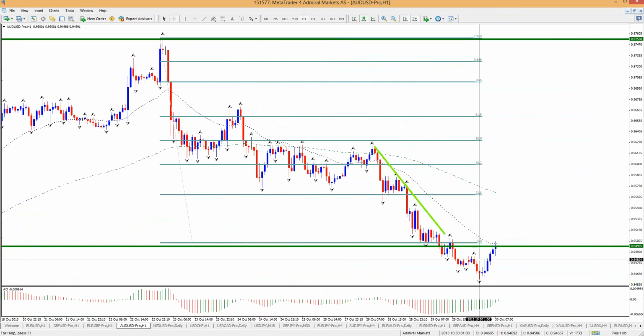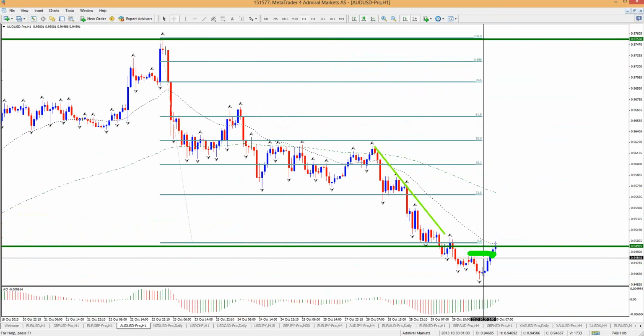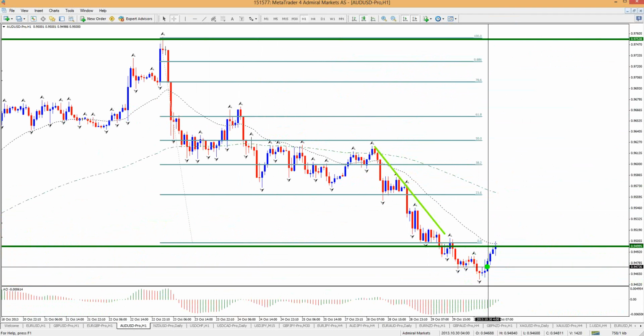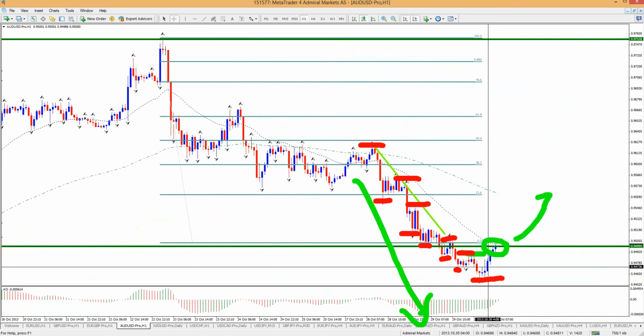Was a break. The same idea was valid, in fact, of course, for this fractal as it was for this fractal. I'm not sure if anyone entered that trade indeed upon the fractal, right? It's just a lower fractal, but basically we're looking for a 1 hour turnaround, right? And one way of getting that confirmation is when you break a 1 hour fractal, because as you can see, what is the 1 hour world doing? It's making lower lows, lower highs, right? Consistently. That's pretty clear. So this is the first time, right, in that downside at least, that we're making a higher high. So that could be the first sign or confirmation that we are moving back up.